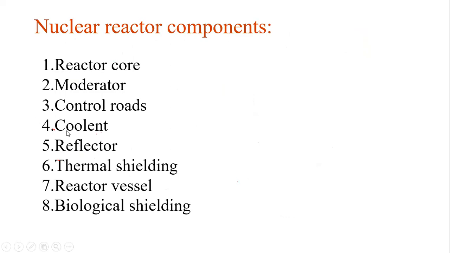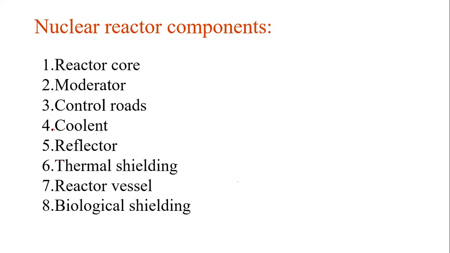What type of coolant? The coolant is a medium through which the heat generated in the reactor is transferred to the heat exchangers for utilization. The coolant flows around the reactor core. It also performs the additional function of keeping the interaction of the reactor under control. A good coolant should not absorb neutrons, and should be non-oxidizing and non-corrosive.